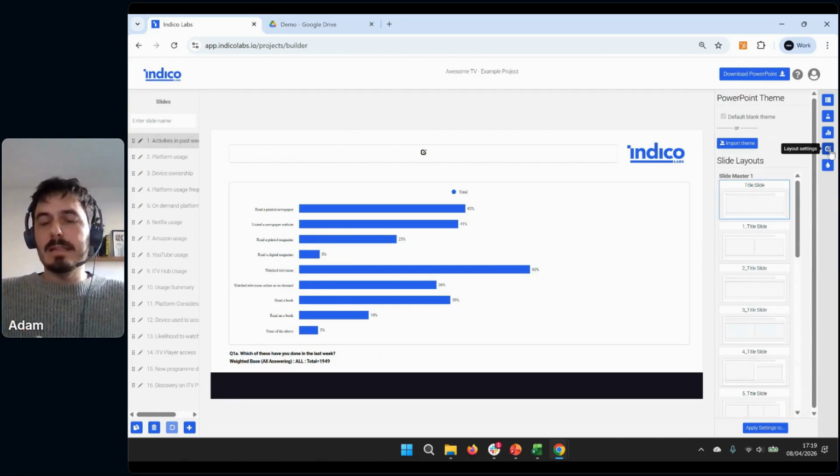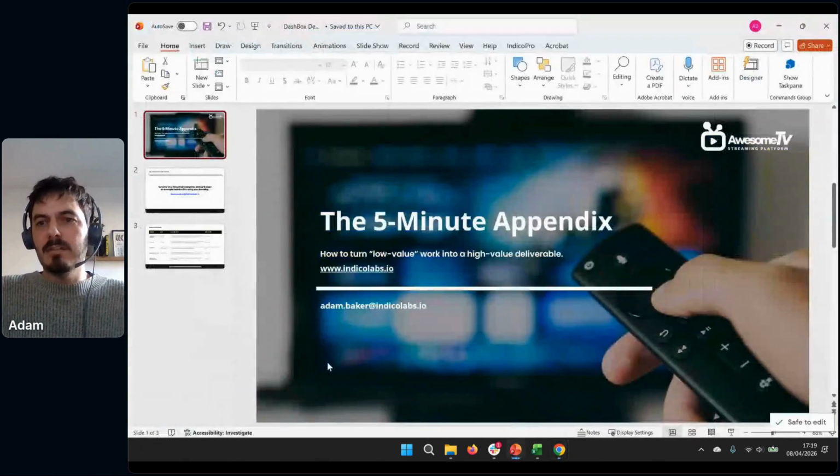I'm going to show you what it is that we're going to be importing right now, just to show you how easy it is to set up your own templates. It's pretty straightforward. There aren't any magic tricks or anything like that. This is the template that I'm going to pull into the software. And actually, for a DashBox, I would almost recommend having a template set up with some project information, because when the user hits download from that software,